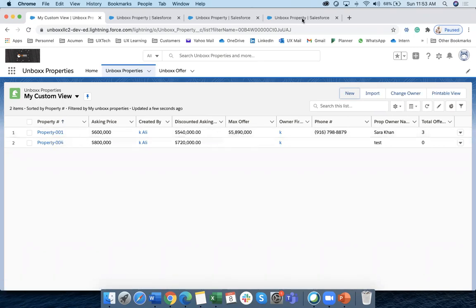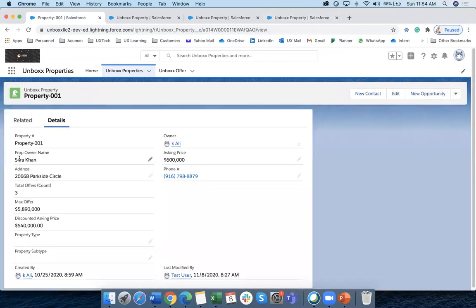In that case, you can assign a separate profile, or to keep things simple you can even do it by permission set. Let's say you created a separate profile, you assign a separate page view to the manager and a separate page view to the user. So the user will not be able to see the field